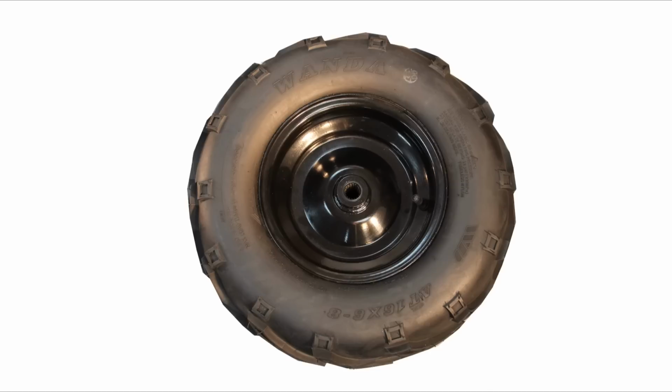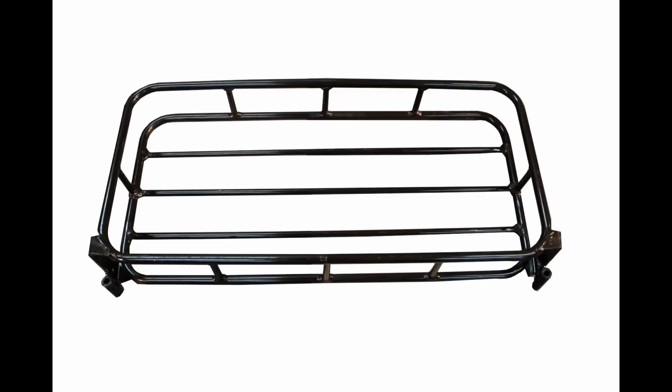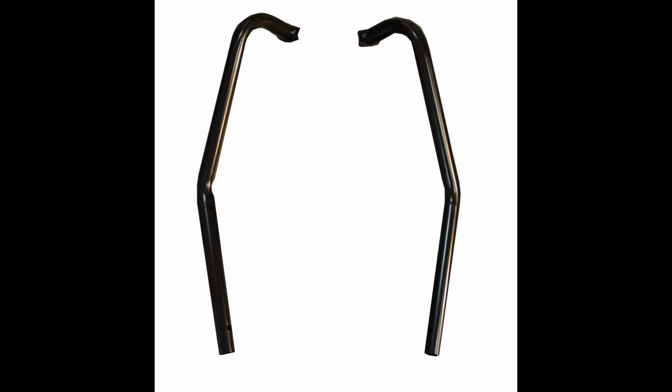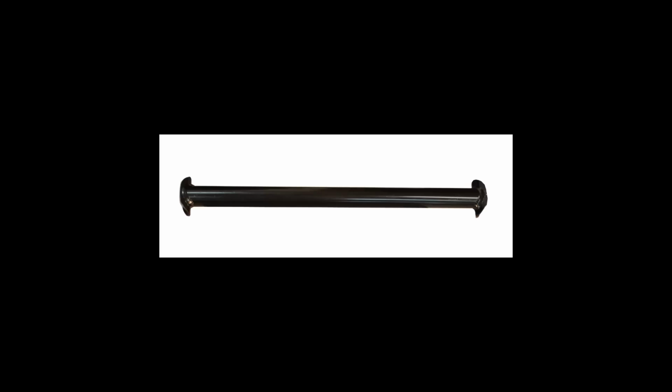The hardware box, the rear wheels, steering wheel, cargo rack, rear safety net, the brush guard main supports, brush guard side supports, brush guard rear center brace, brush guard front center brace,